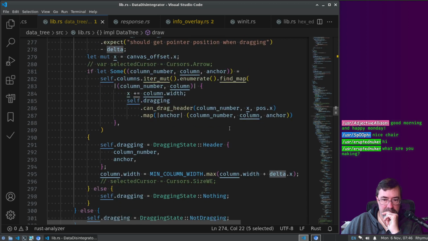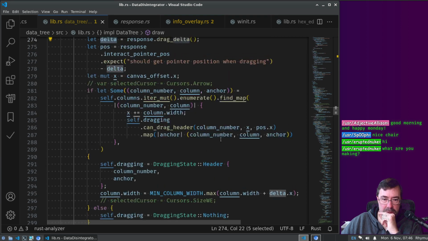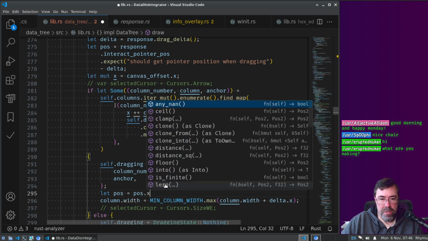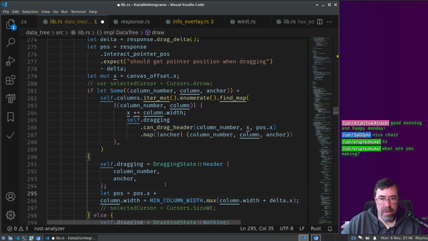Then I don't really want to use delta. If we're dragging, I want to set the absolute position of the edge of the column to be the position plus anchor. So the new position is the old position x plus the anchor,